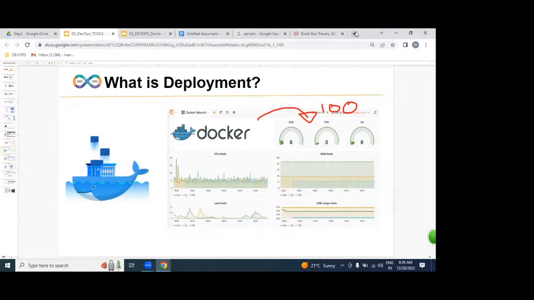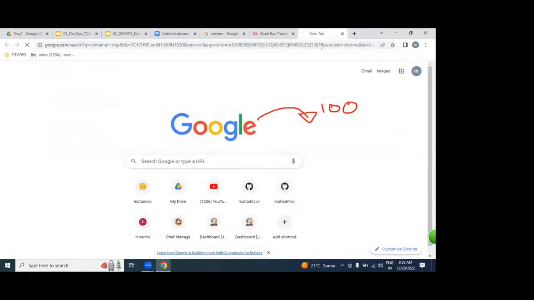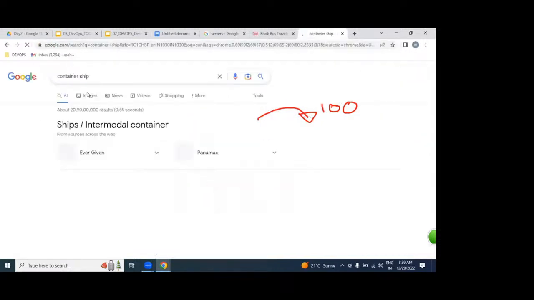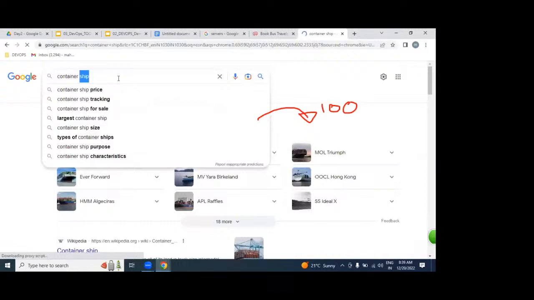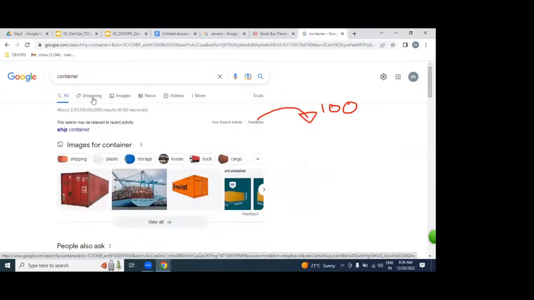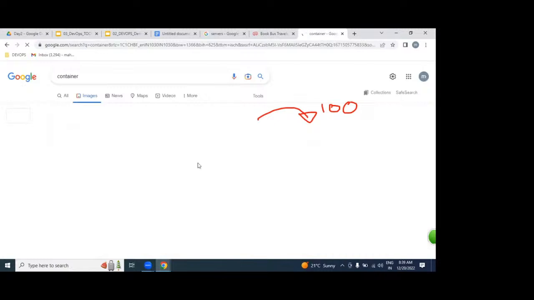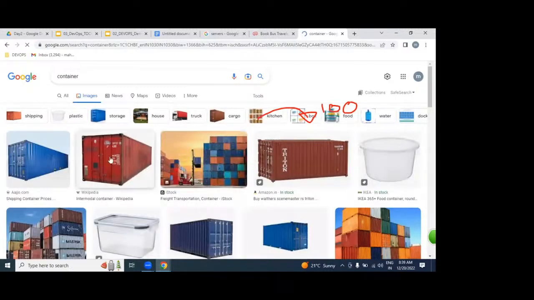Example, containers. How exactly do these containers work?